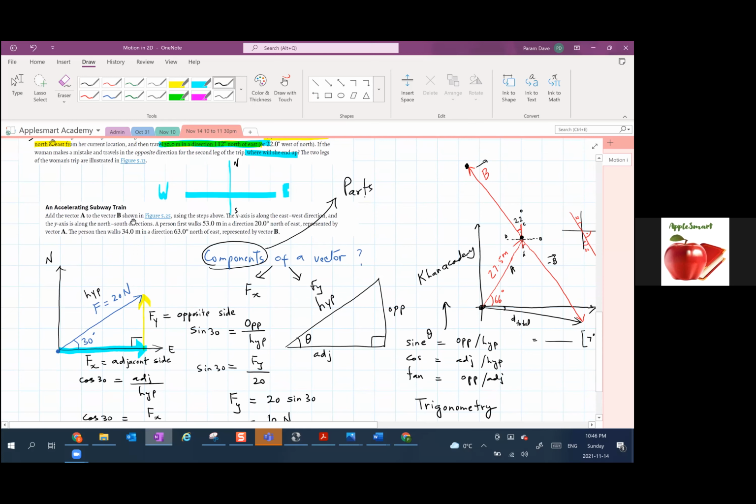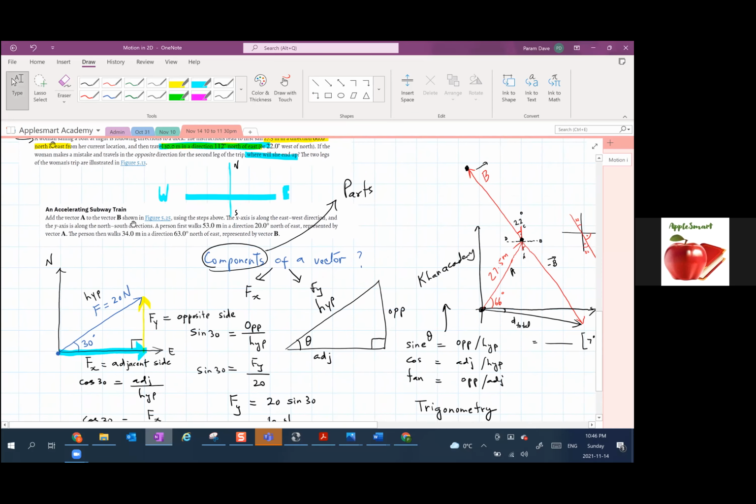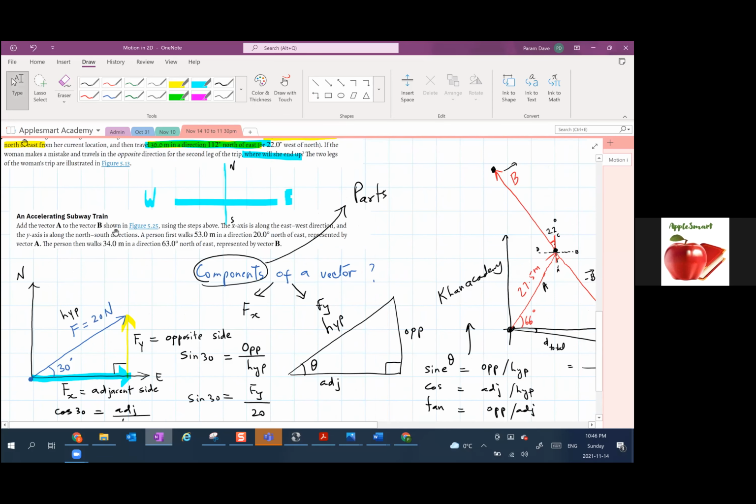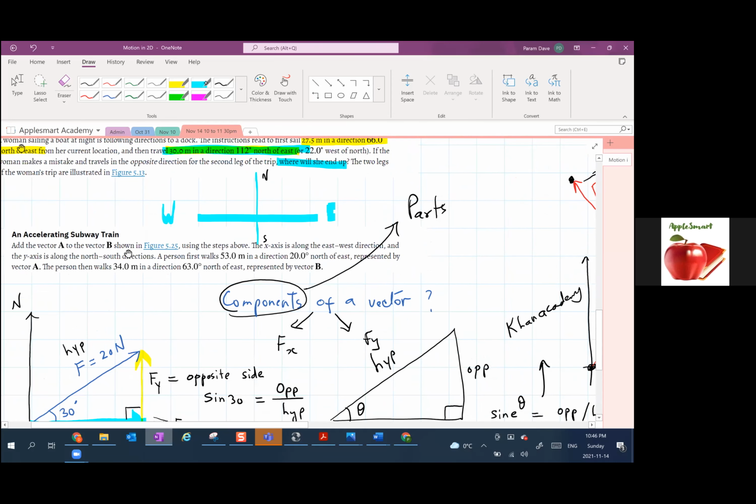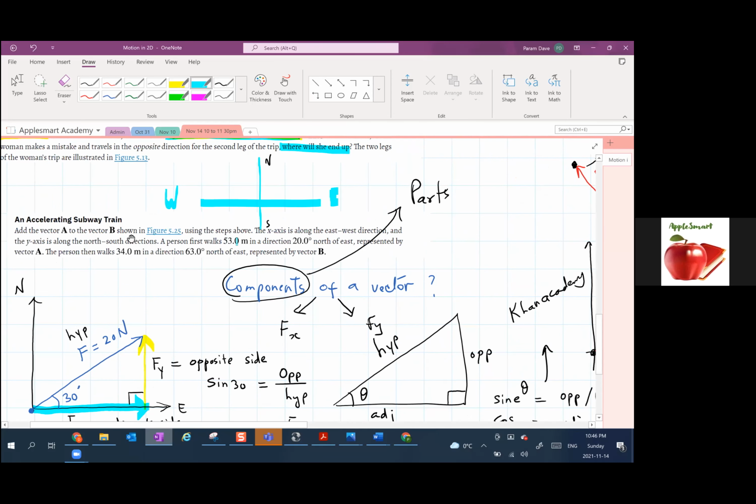So your force of 20 newtons has 2 parts, an X part and a Y part, but technically they're called the components, okay? So we're going to have to use this method of finding components of the vector for this situation. Now you have a person who first walks 53 meters in a direction 20